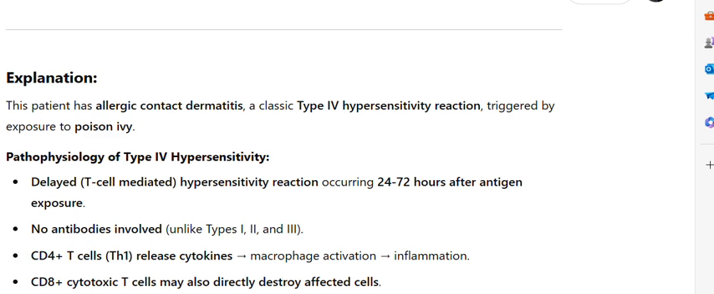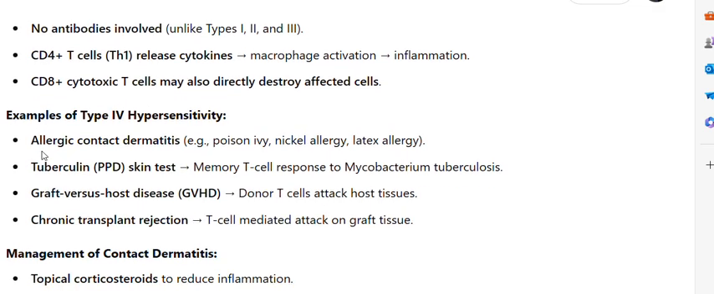CD4+ T cells, Th1, release cytokines, leading to macrophage activation and inflammation. CD8+ cytotoxic T cells may also directly destroy affected cells. Examples of type 4 hypersensitivity: allergic contact dermatitis, e.g. poison ivy, nickel allergy, latex allergy; tuberculin PPD skin test, a memory T-cell response to Mycobacterium tuberculosis; graft versus host disease,